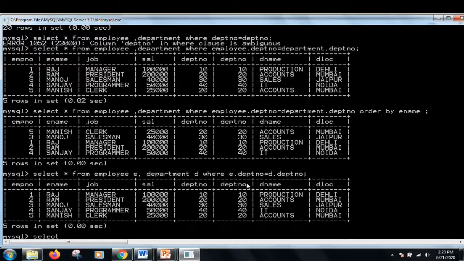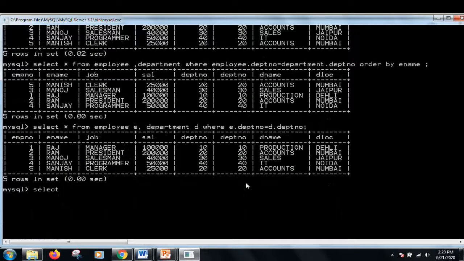You can use them also in the select part of the query. If you write select star, you get all the columns. Suppose you want to get only the employee number, job, department number, department name, that is D name, and the location; you want to show only these fields from the joined table.